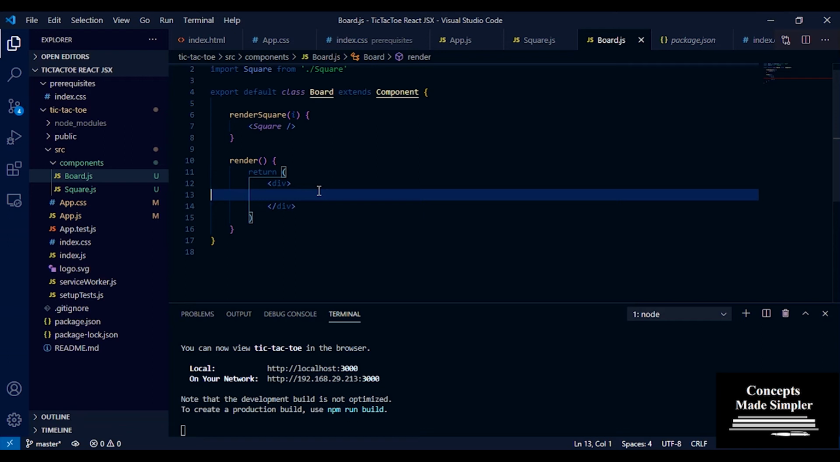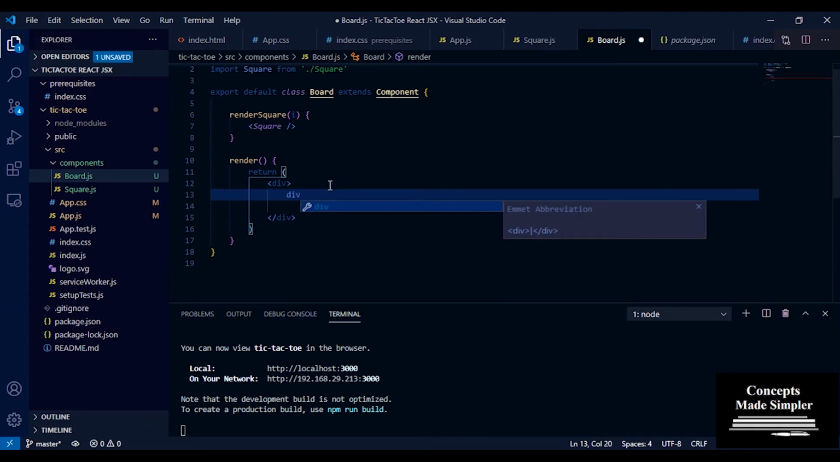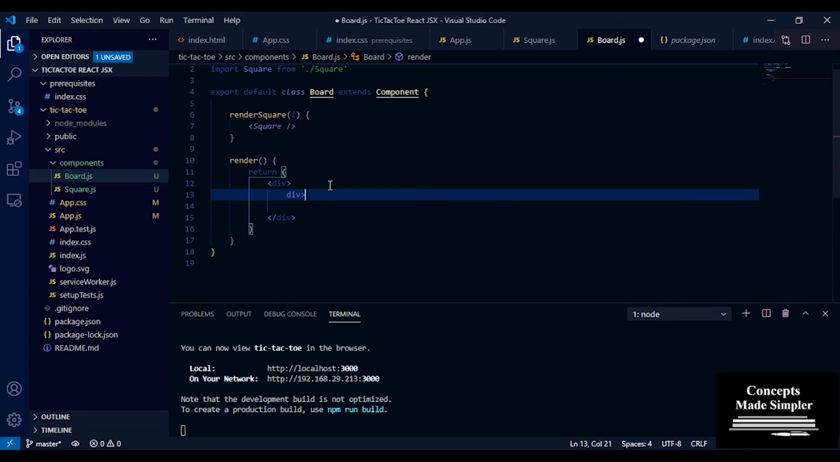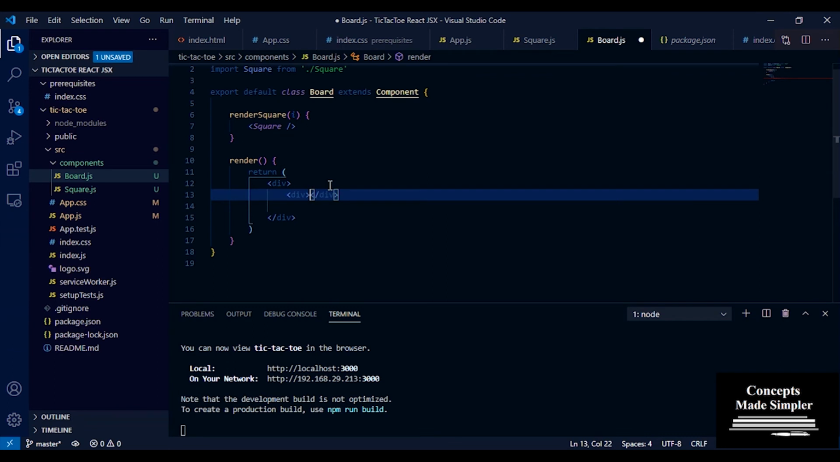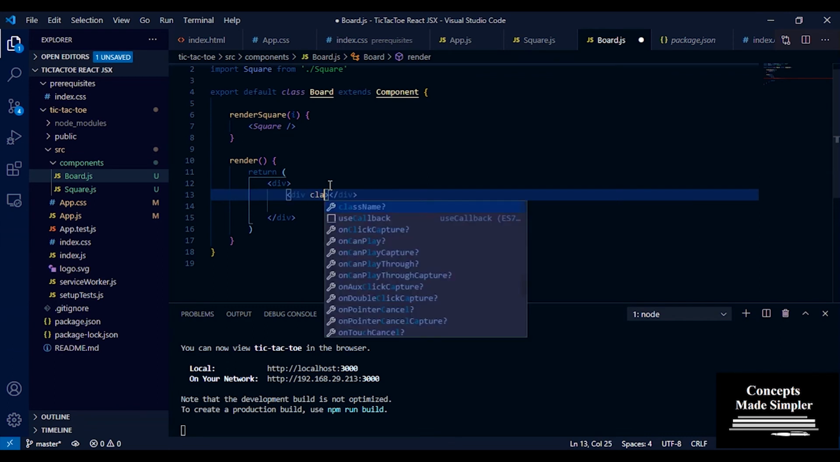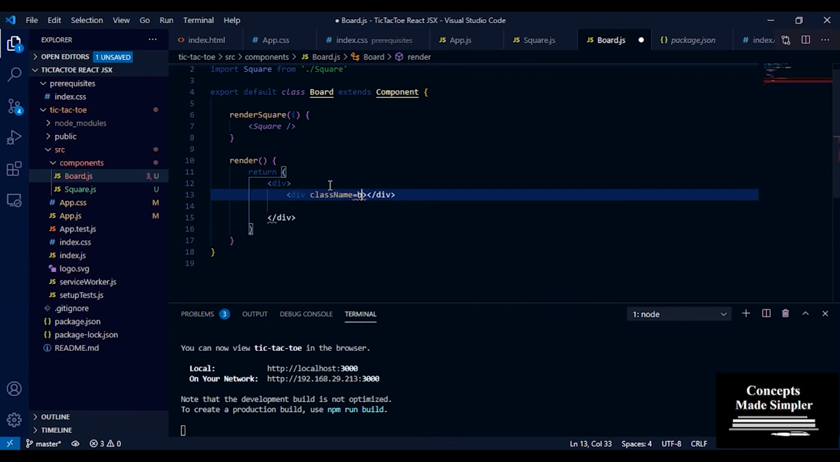So how does our board basically look? Our board has 3 rows and 3 columns, so 3 by 3. We're going to create a div, and inside that div, first we're going to have another div. Let's give this div a class name of